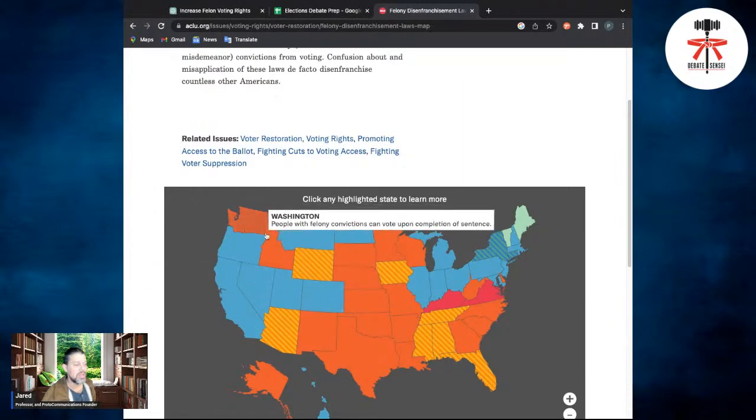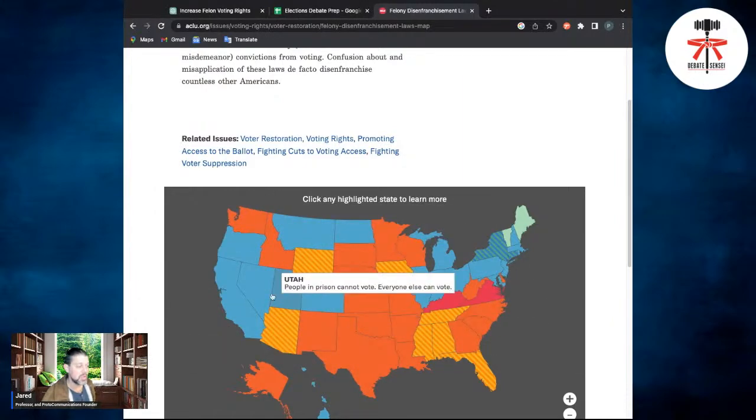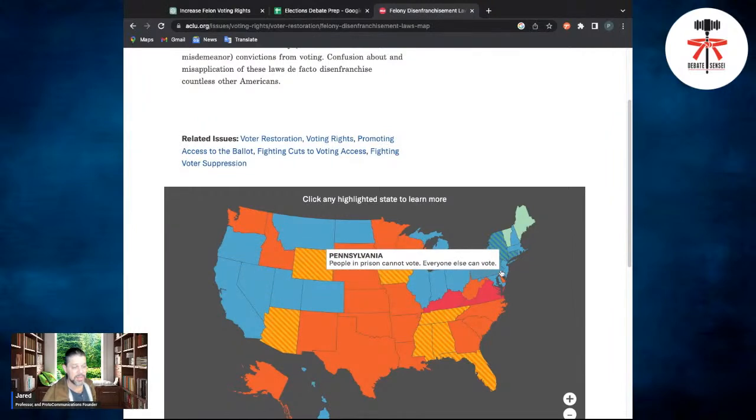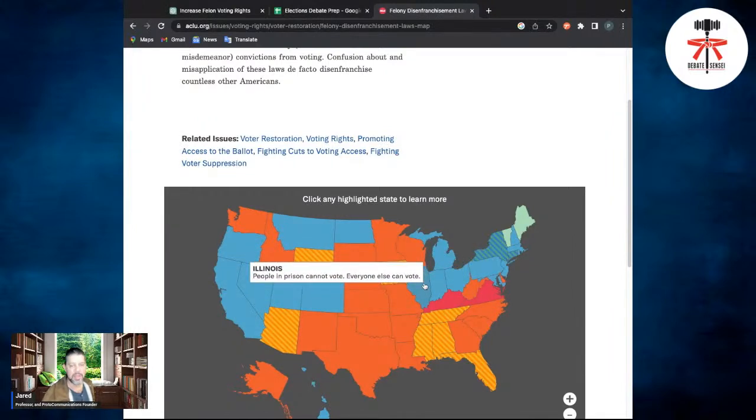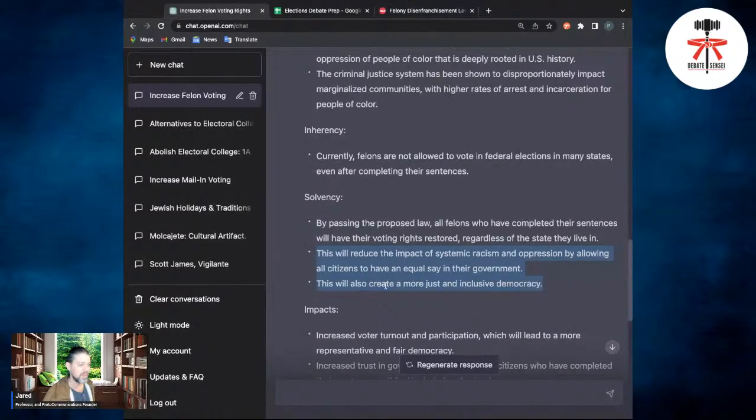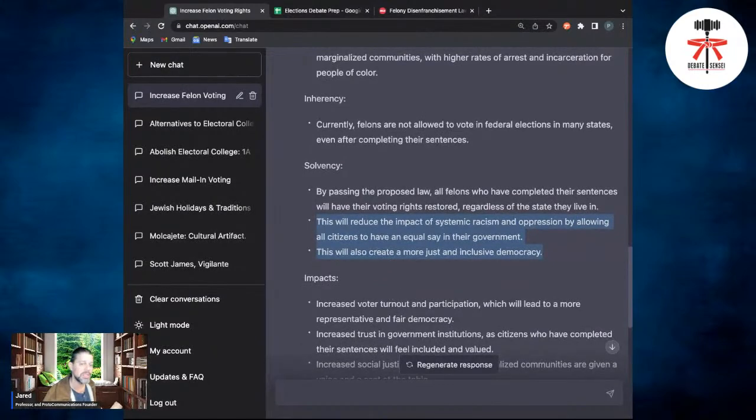And so now you could use all of them, or you could use all the blue states as solvencies. Kind of like, okay, in Illinois, they've been doing this for a long time, and it has shown these results as far as democracy goes, and whatever stuff that you find on that. So you could actually use the states themselves as indicators that felon voting rights work.